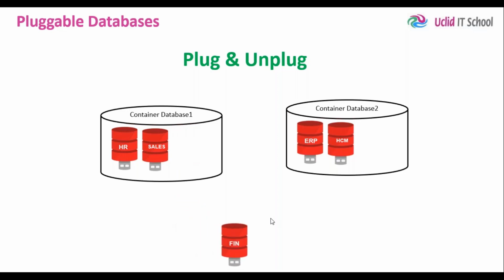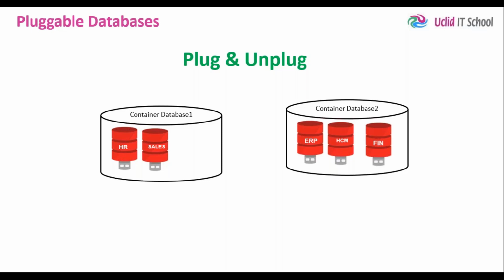I can do that. You just unplug it from CDB1, container database 1, and plug it into CDB2. It takes less effort, and you can quickly move your PDBs from one container to another. Sometimes you may want to do this. As I told you, one classic example is you don't want to patch or upgrade one of the PDBs, but you want to do so on the other PDBs. So what is the approach? You move it to another container. So in that case, what do you do?